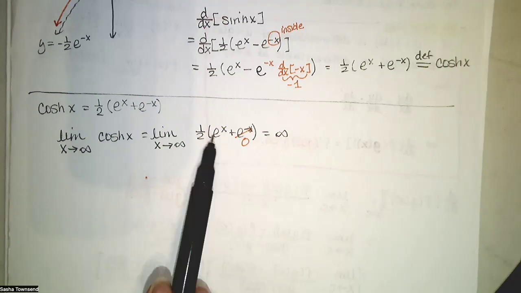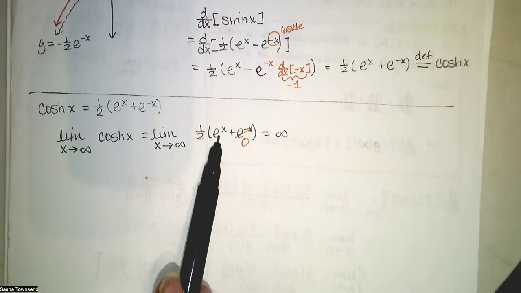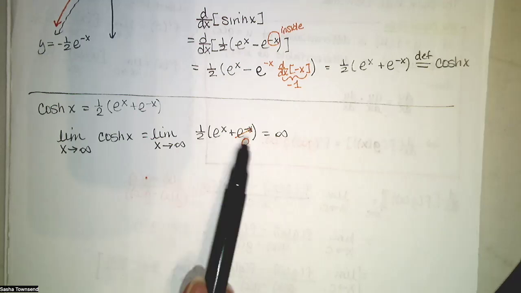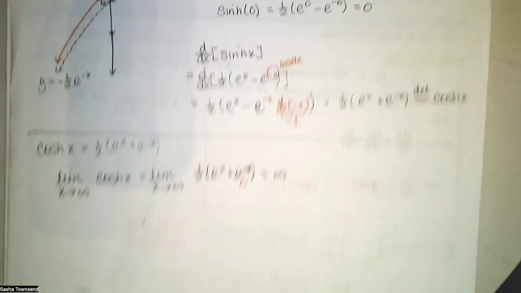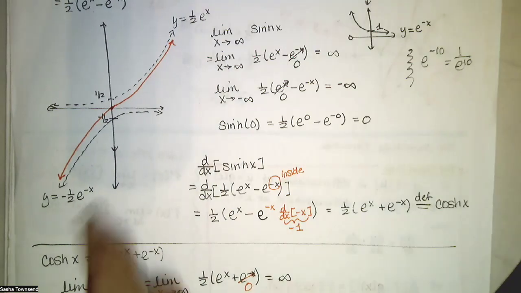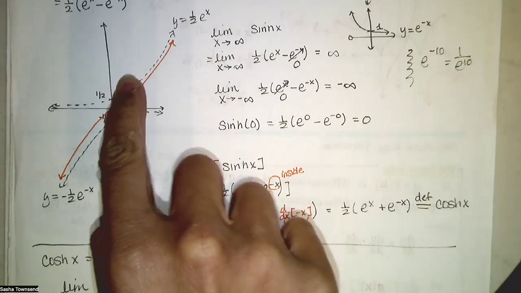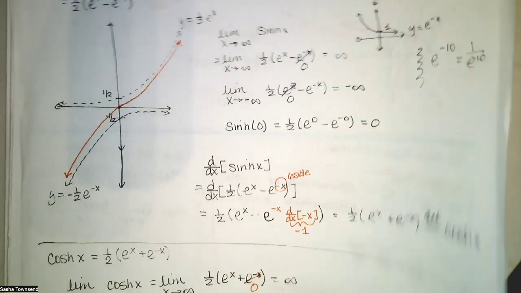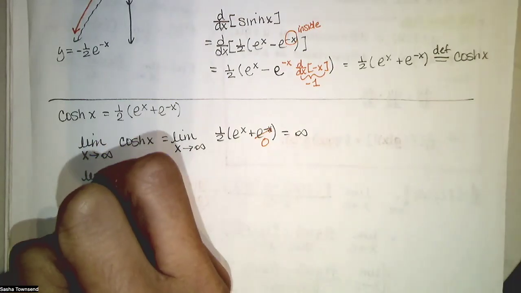The hyperbolic cosine is approaching this function 1/2 e to the x, and it's always slightly more than that value. It's that 1/2 e to the x plus this tiny positive number that we're adding, and we get infinity. So our hyperbolic cosine function is going to be above that line 1/2 e to the x. Now, as x goes to negative infinity,